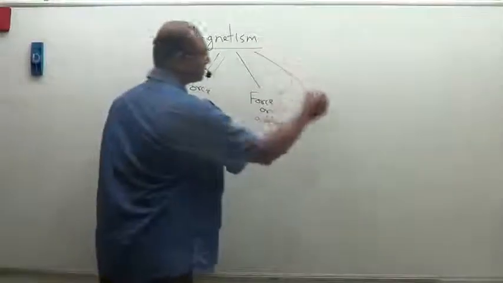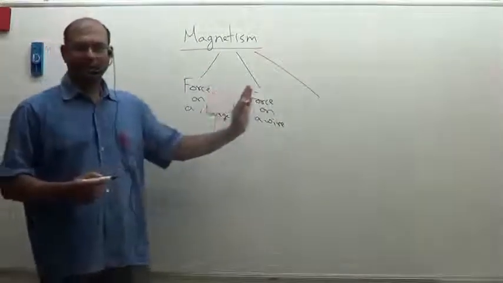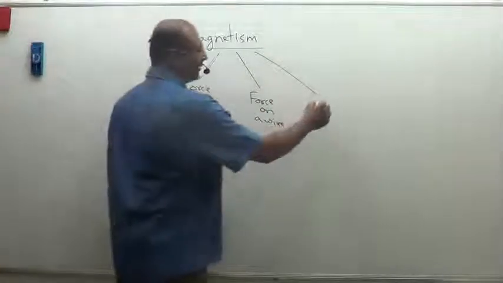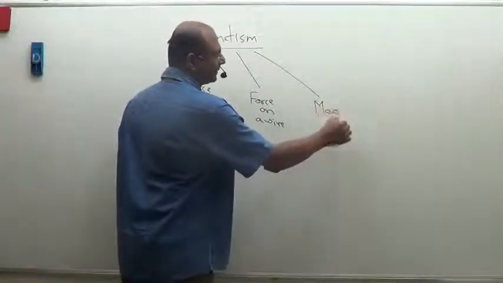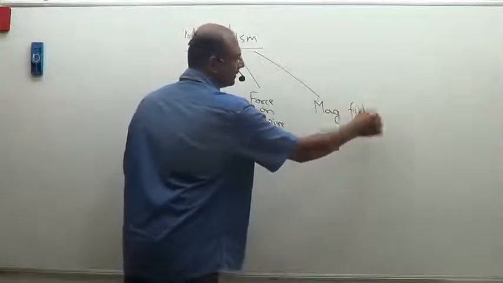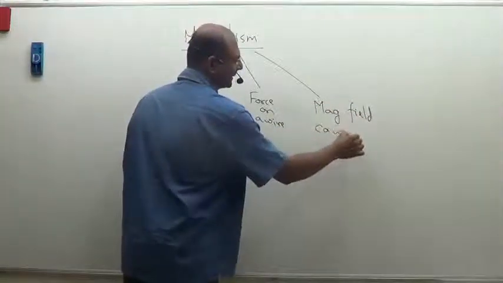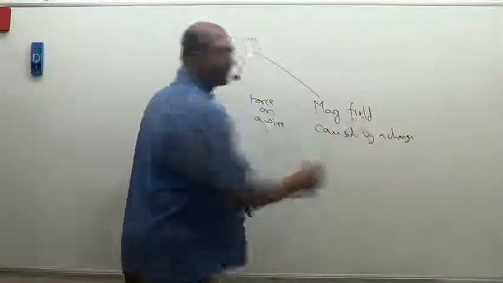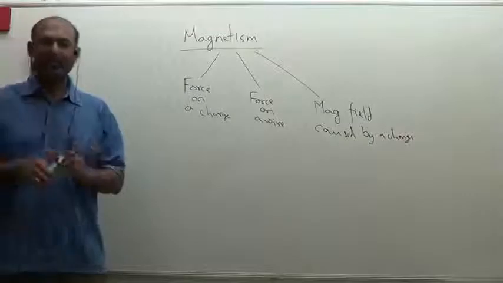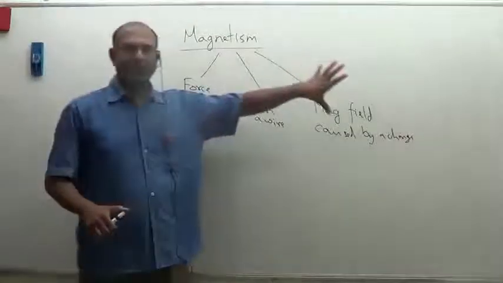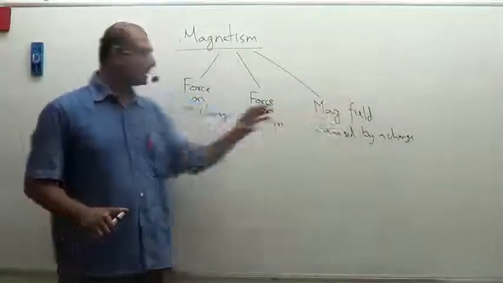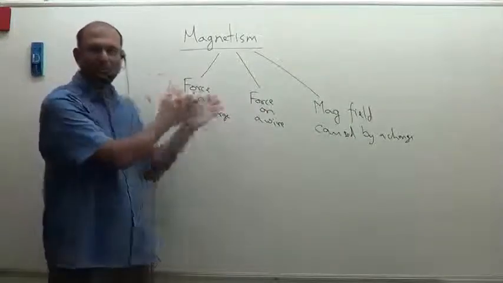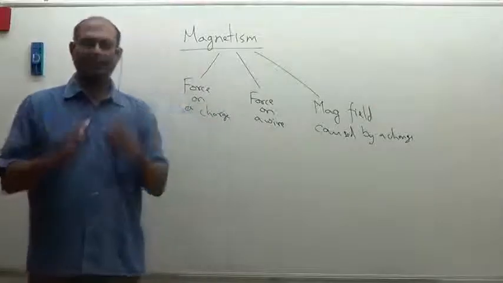And what we won't look at today, but we will be studying next class and so on, will be what is the magnetic field caused by a charge. Okay, so basically these are the different things that we will have to study. One is what kind of field is caused by a moving charge. Then what happens when a charge is moving in a magnetic field. So we will divide the problem up into two big pieces.